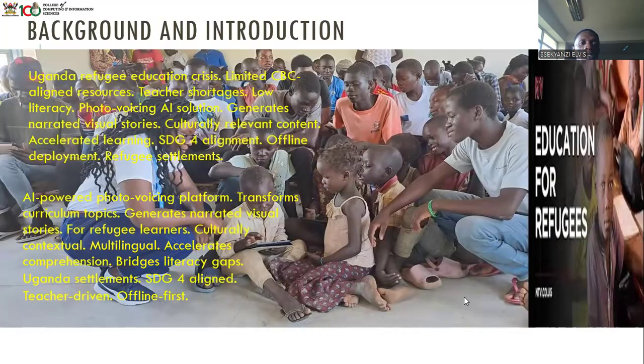At the back of our project is the Uganda refugee education crisis. Uganda is faced with an education crisis in the refugee areas, and this is due to limited competence-based curriculum aligned resources and a shortage of teachers, which leads to low literacy rates. So the photo voicing AI solution